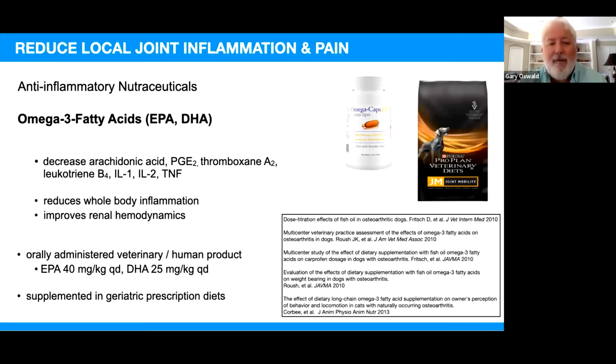If you look at omega-3 fatty acids, again, they decrease that inflammatory cascade that starts with arachidonic acid and ends up in many of the pro-inflammatory interleukins. They can reduce not only joint inflammation, but whole body inflammation, which is nice. You guys know that you can use omega-3s for skin diseases, kidney issues, heart disease. So again, there's some whole body benefits. They can either be administered orally in the form of capsules or liquids, or they can be inherent as part of a